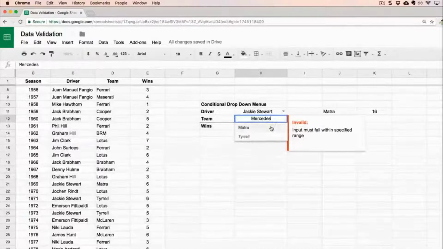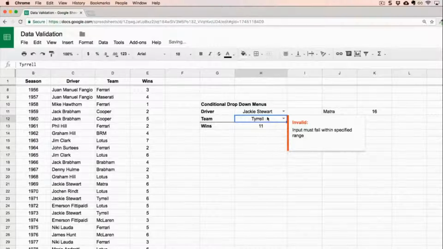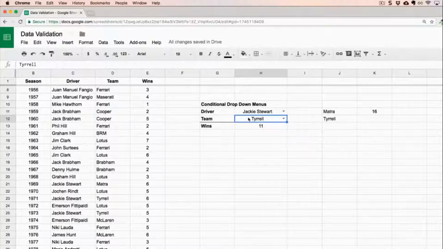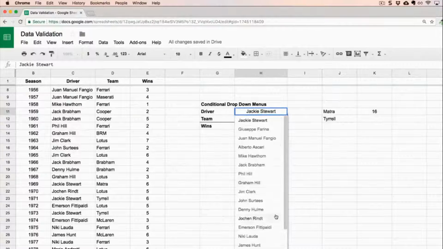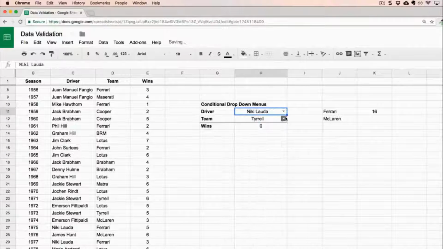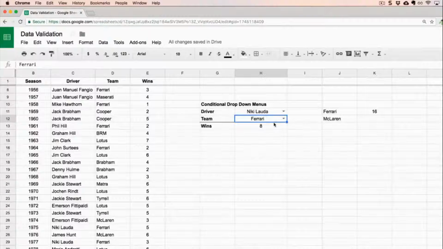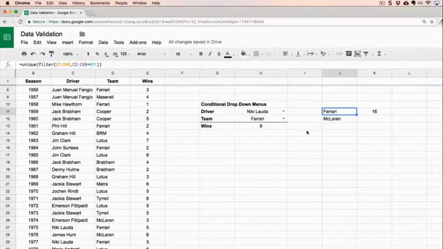So I have to first click down, and then I can choose one of the teams that he drove for. But unfortunately, I can't do anything about that, first of all, showing me the wrong input there until you've gone and selected something else. So that's how we do the conditional drop-down menus, where we make the second one conditional upon the choice of the first. We just use a quick filter to give us the unique list of options for the